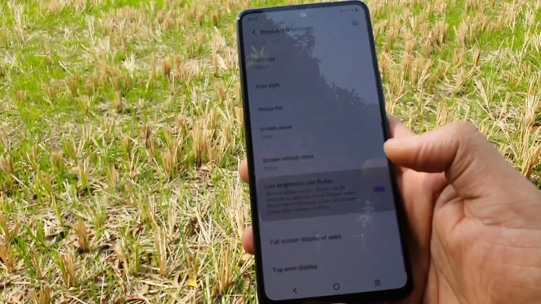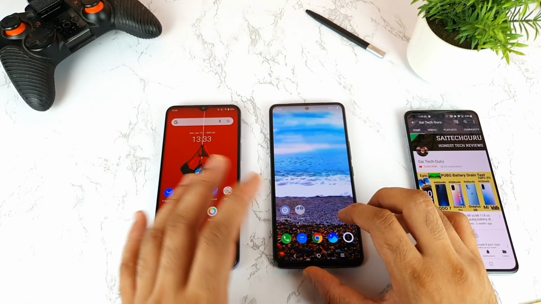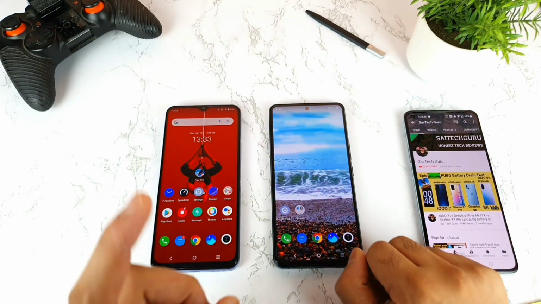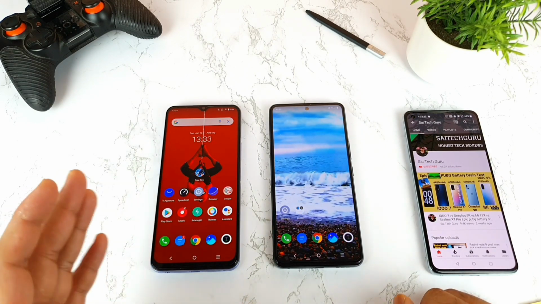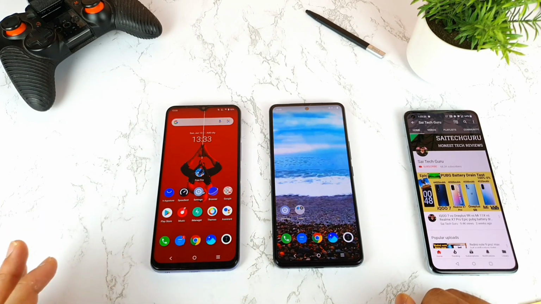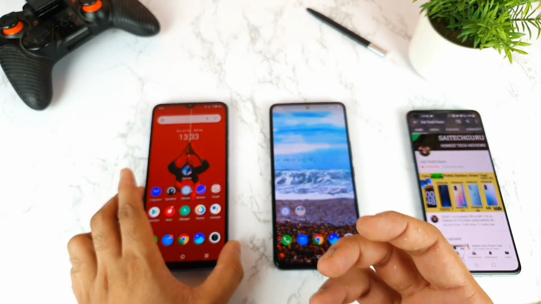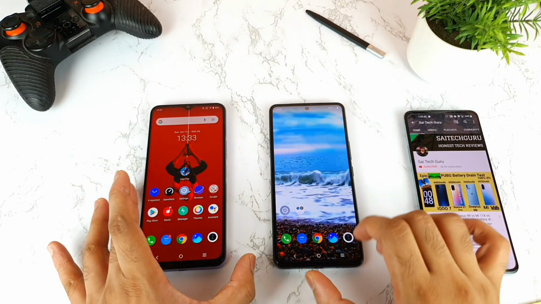As you can see, enabling and disabling. So as you can see friends, after watching the video you got a clear idea. The screen flickering problem is only there in the iQOO 7 device. I did not find it even in the OnePlus 9R. I did not find it in the iQOO Z3 as well. Even in the Realme X1 Max there is no screen flickering problem, and in the Mi 11X as well. This can only be visible while recording the phone itself outdoors. That is one thing I just want to confirm to you all.